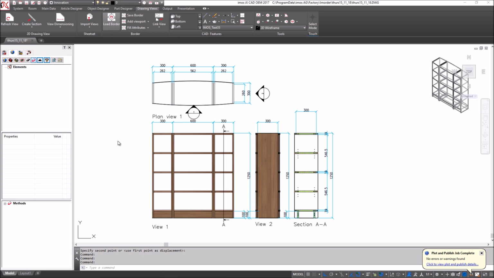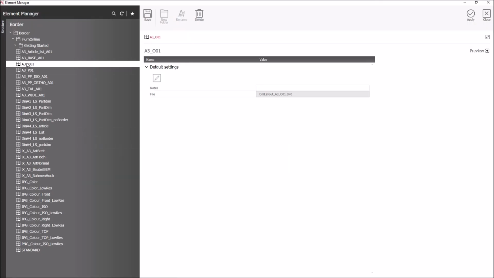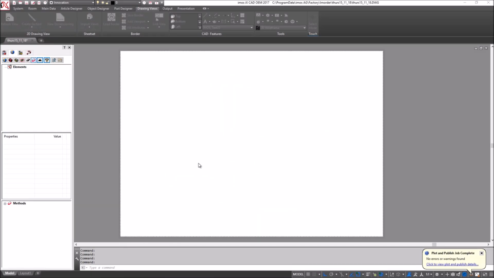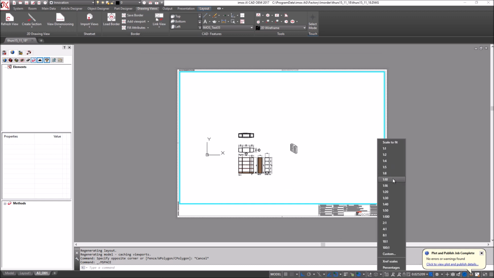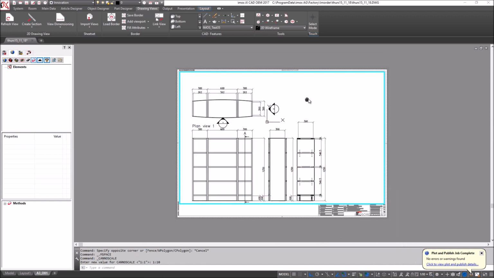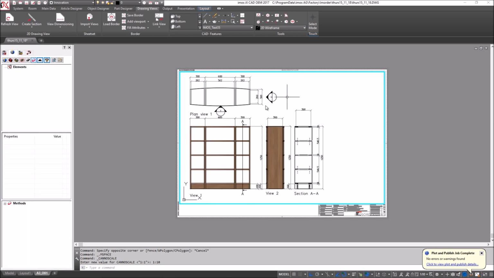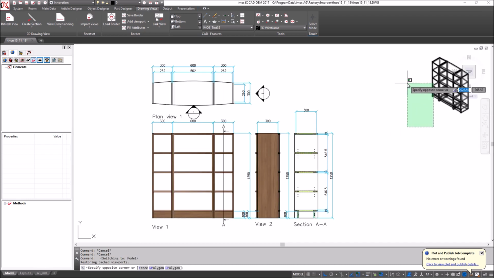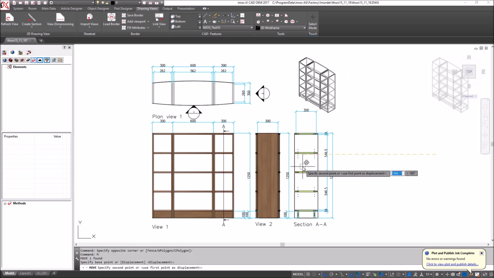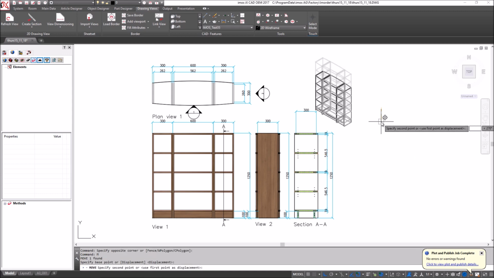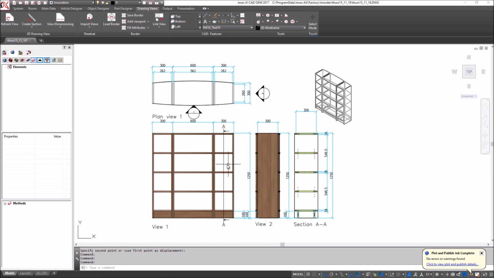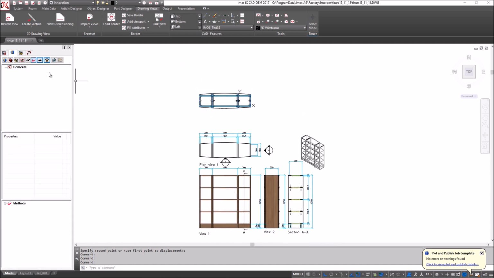I'll load a border and select a scale. At this point, I can also select my model,